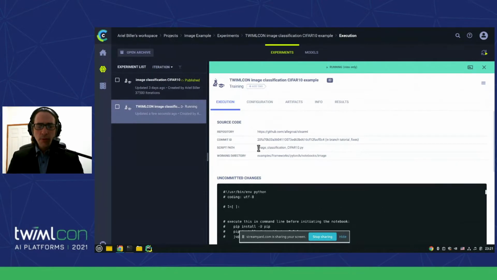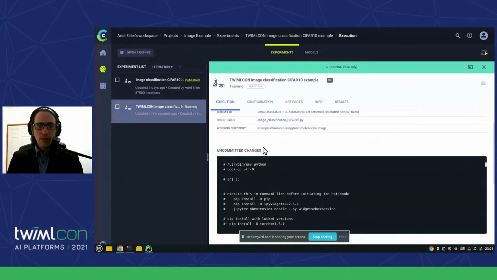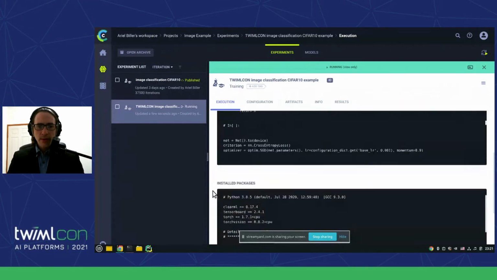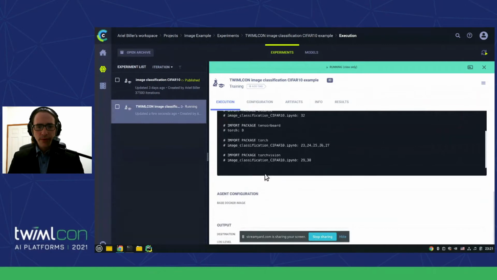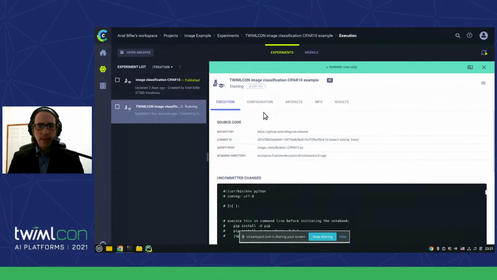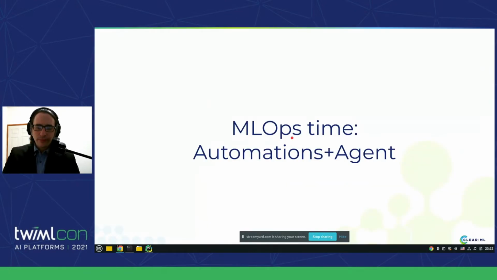The script path. Wait, what do you mean script? I just ran a Python notebook. Yes, but it is automatically converted into a script that you can run on remote. So instead of holding just uncommitted changes, and yes, we hold uncommitted changes, so you don't have to commit every time you do an experiment, now it holds the entire notebook in script form. And what it means is that if I have a worker, a compute that I can send it to, I'm able to send this thing onto it with one click of a button, and it will do it. But in order to do that, I need to discuss the agent itself.